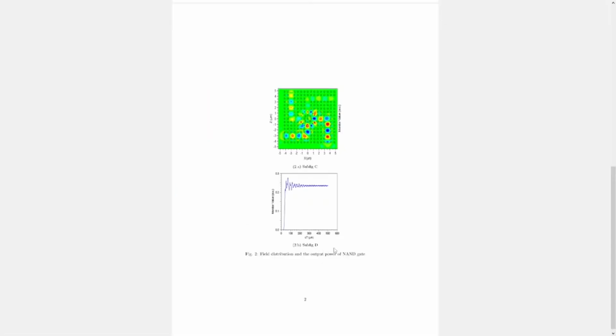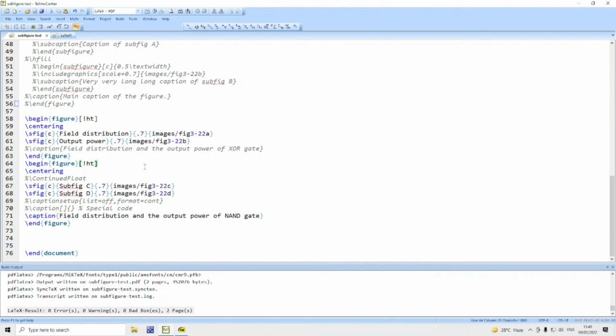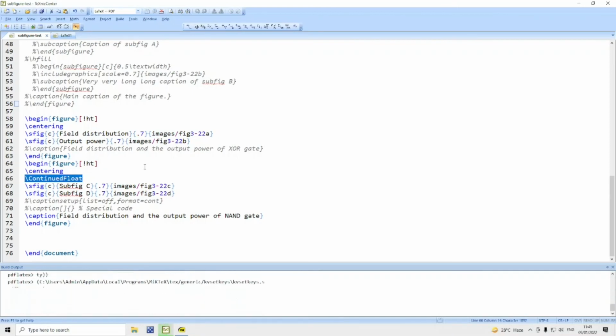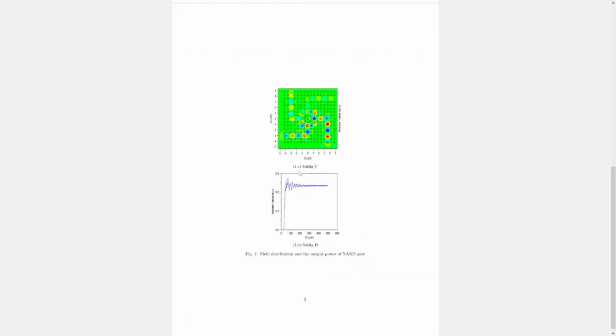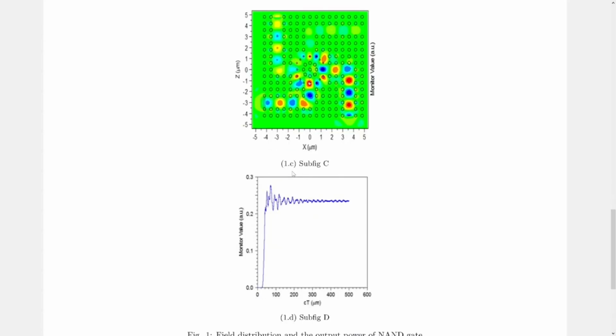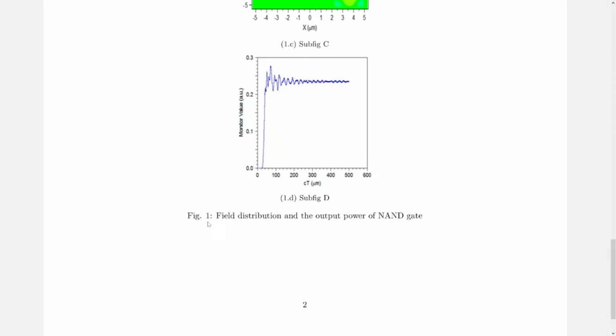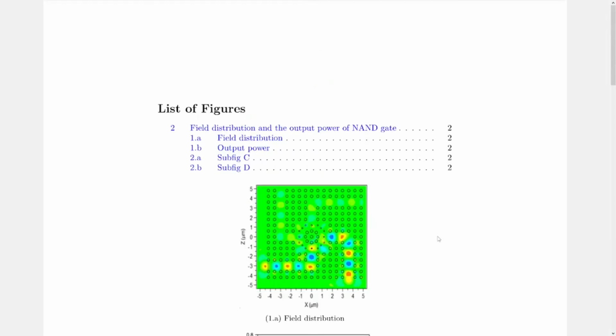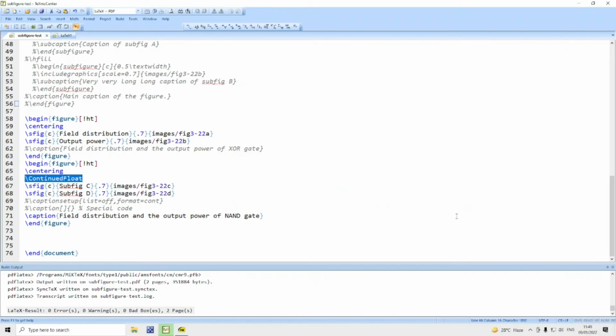Then to overcome this problem, what you can do is in the second figure environment we use the command continued float. On compilation you will find we get here 1c and 1d and this again figure. This seems to be alright. Now let me compile once again.